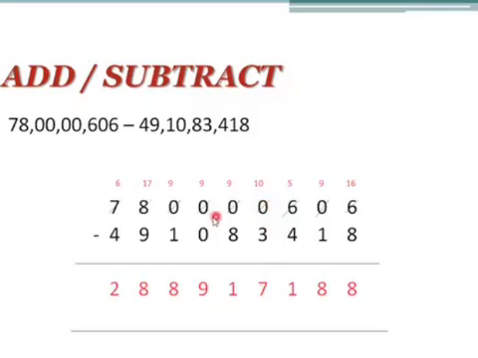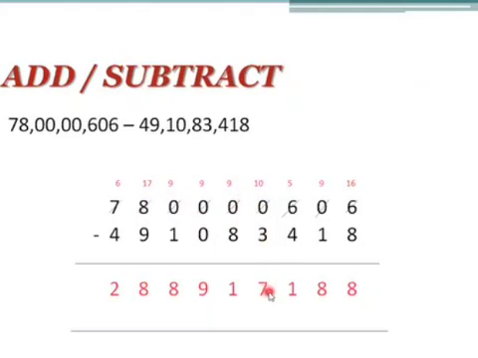So in this case you have to borrow from the next number. To borrow from the next number, here 0 is there, and again the next number also 0 is there, and here also the next number 0 is there. So now what you have to do is, the next number here is 8. From 8 you have to borrow here. Then it will become 10. And here 10 minus 1 is 9. Again 10 minus 1 is 9. 10 minus 1 is 9. And here 8 minus 1, it will become 7. So now it will be easy for us to borrow.